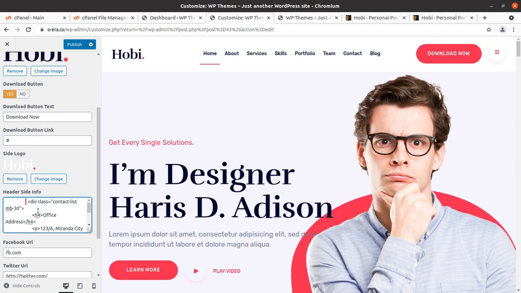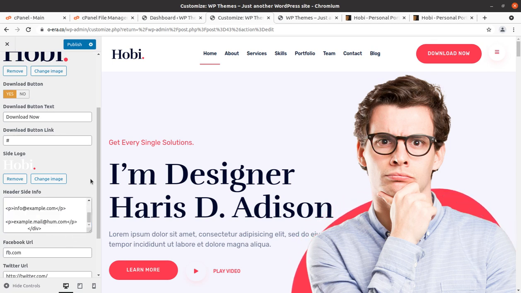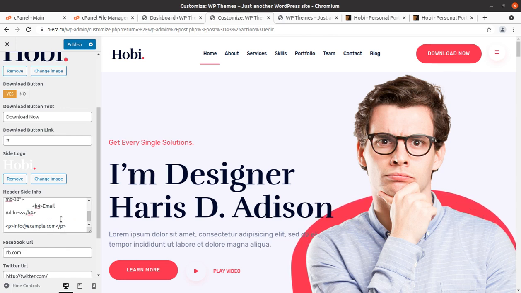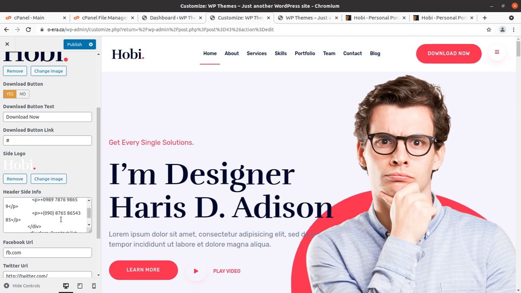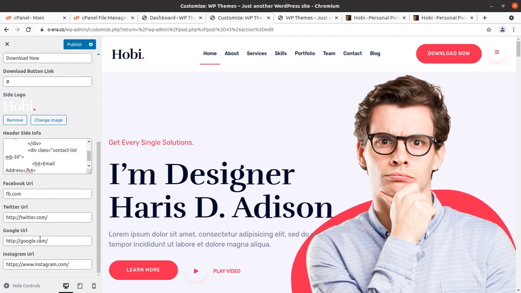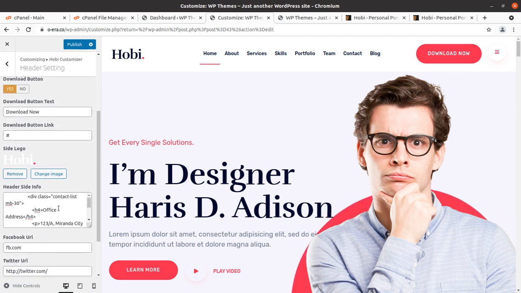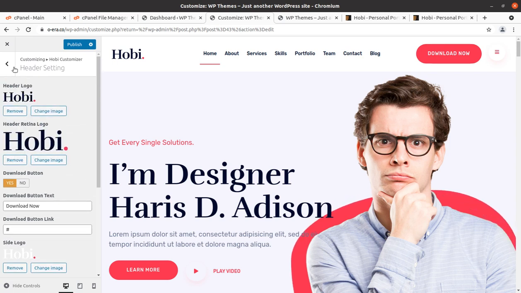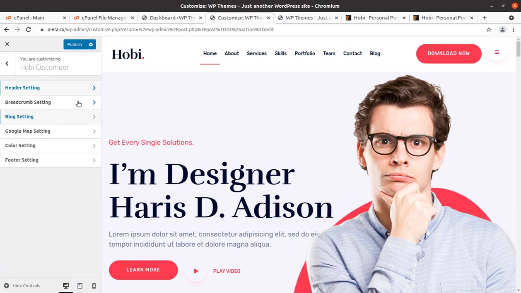Just take a copy and paste it so that you have a backup of these lines of code. These are simple lines of code, so you can simply edit them, but it is better to have a notepad backup. Okay, so Facebook and desktop social links can be placed here, and this was the main option.